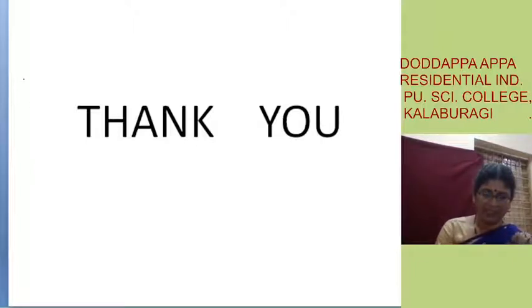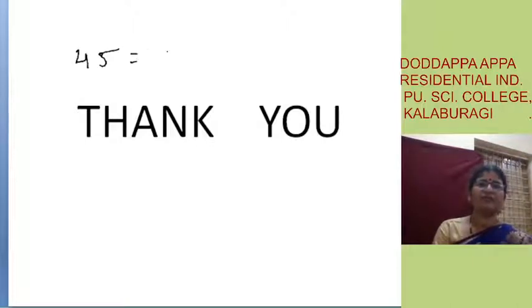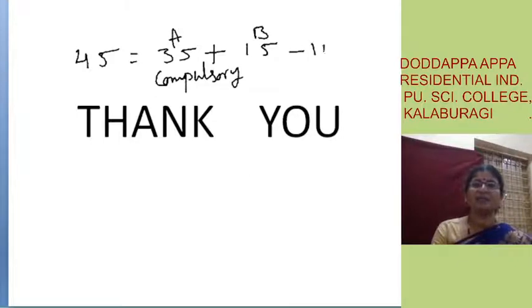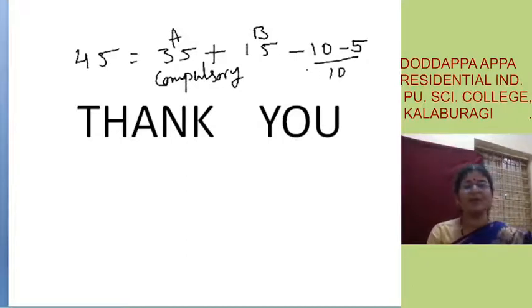See, in the NEET, how many questions you will solve? 45. And in the 45, 35 is part A questions which you have to do compulsory. Maybe in this you will get the questions which this year you have read, and 15 questions are there extra in the B section, and here you have to do 10 compulsory and another 5 you can leave. So you can attempt 10 questions from section B. And you remember that maybe these 15 questions will include those portions which have been deleted this year.